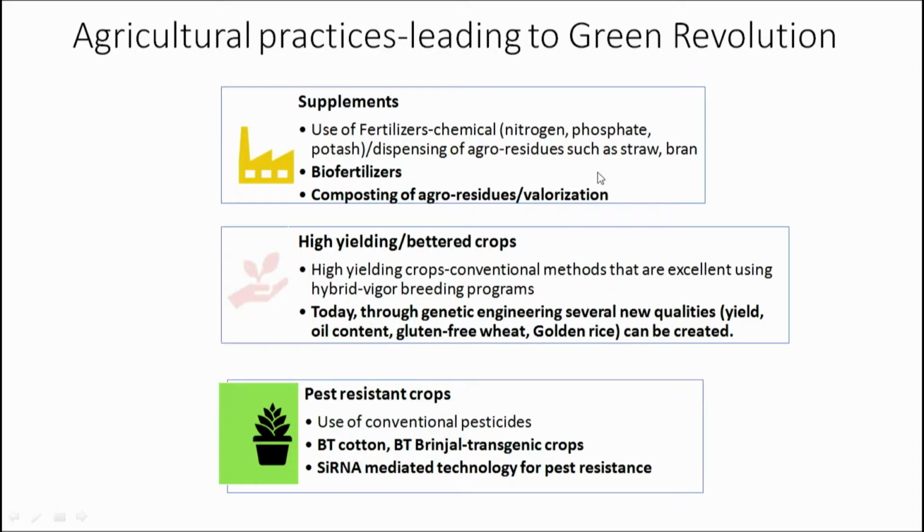So, in the first slide, I have the title of the slide, which is put down as Agricultural Practices Leading to Green Revolution. What you see is that in India and the world over, we have made large contributions in the area of agriculture, which have been known as the green revolution. However, this development was primarily because of better agricultural practices, number one, and number two, by supplying a large amount of chemical fertilizers.